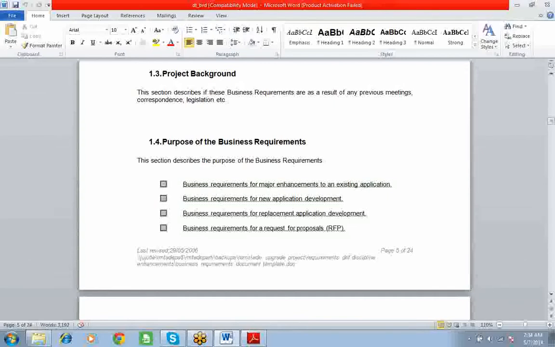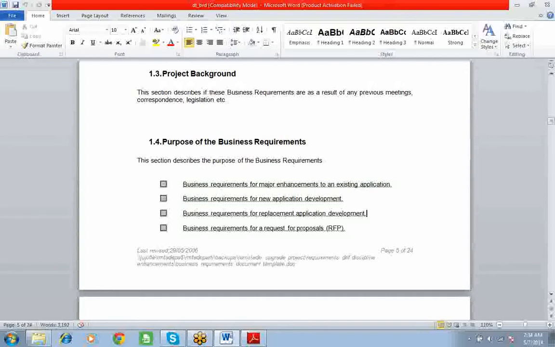Business requirement for replacement application development, like completely replace, delete everything and come up with a new one. It's like a prototype only, but the base will be there. On that, the changes happen.